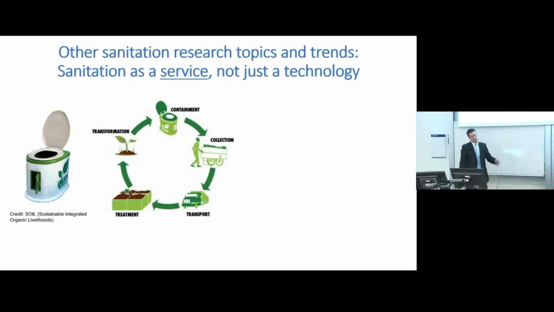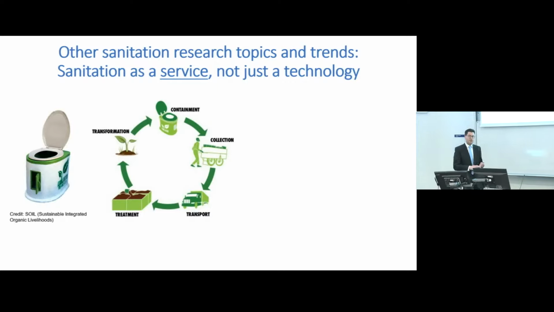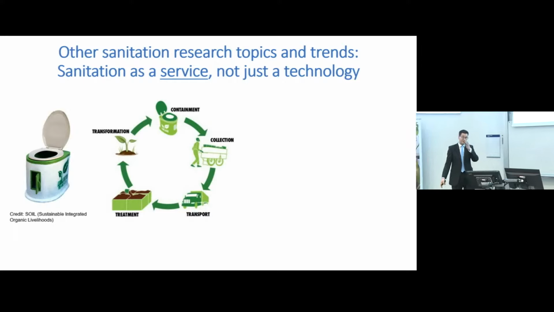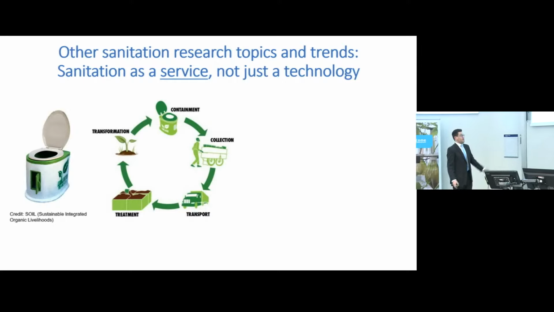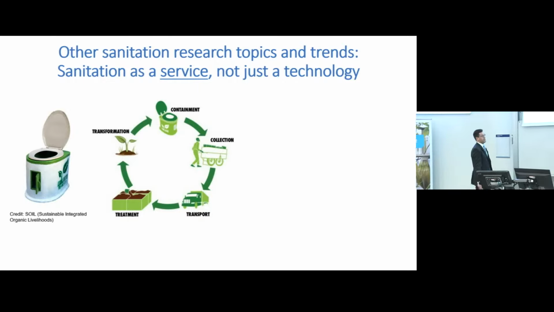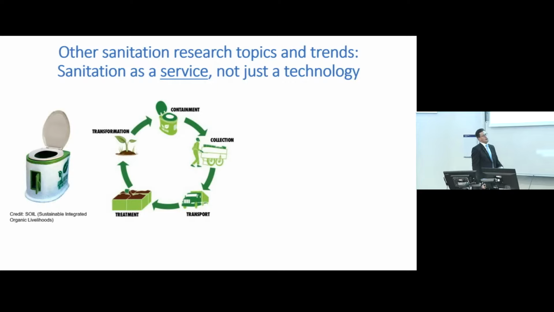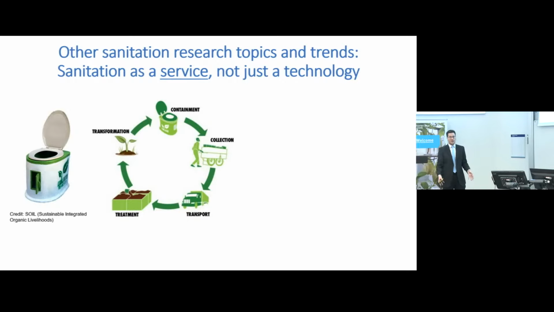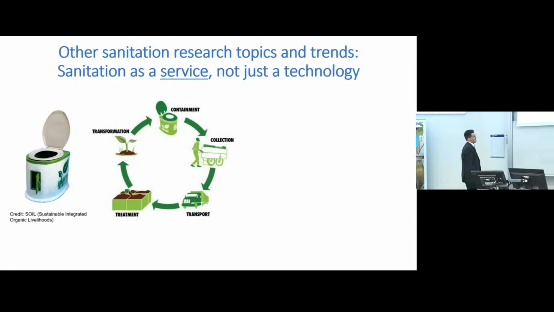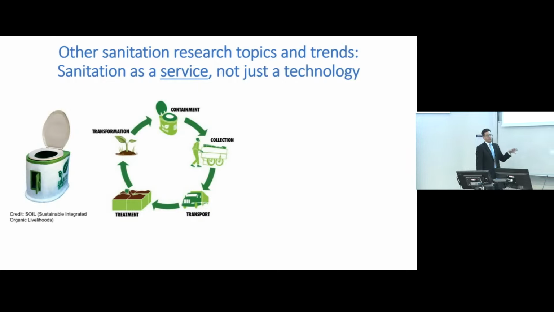And this is particularly popular in areas where, for example, people don't have the legal right to dig a hole in the ground. A lot of the poorest people in the world don't own the land that they live on. So in this case, they're not doing anything permanent to the ground because it's a container that's provided. Also, as I mentioned earlier, a lot of the poorest people in the world live in areas that are very prone to flooding. And again, you don't really want to have a pit latrine if that pit is going to be flooded occasionally and bring the waste back to the surface again. So a container-based toilet is maybe an attractive option in those cases.